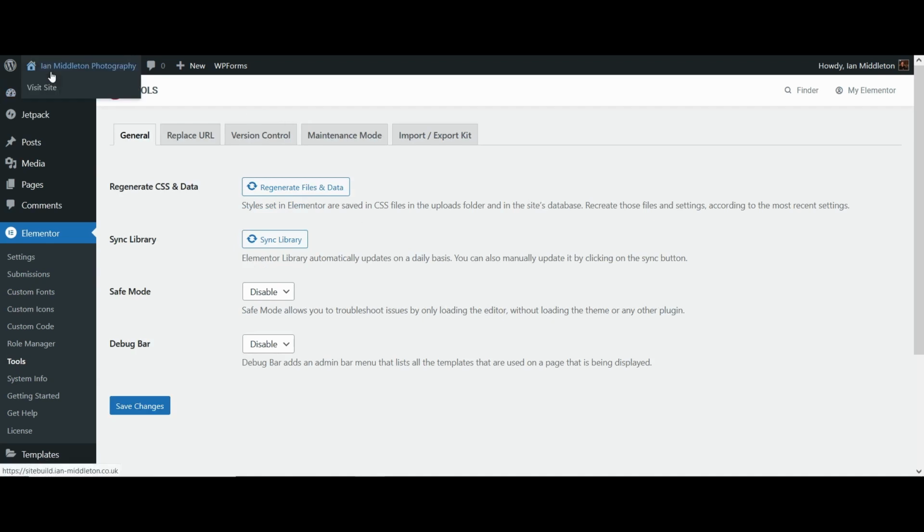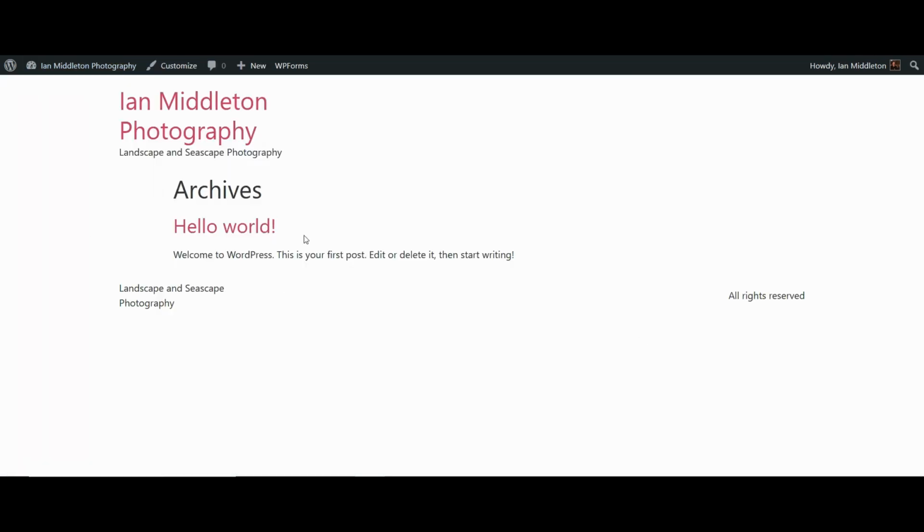Now before we do this, I'll show you that anytime you want to view your website, come up to this button here, home button, and click visit site. So this is the site, this is my home page at the moment, so I don't want people seeing this really, do I? And I certainly don't want people then navigating my site while I'm in the middle of building it. So if we go back, or as I say, go up here again and click dashboard,